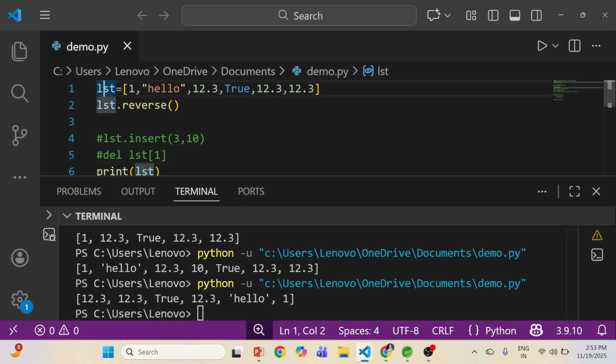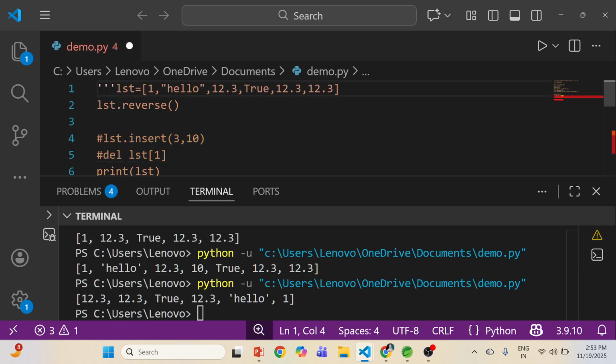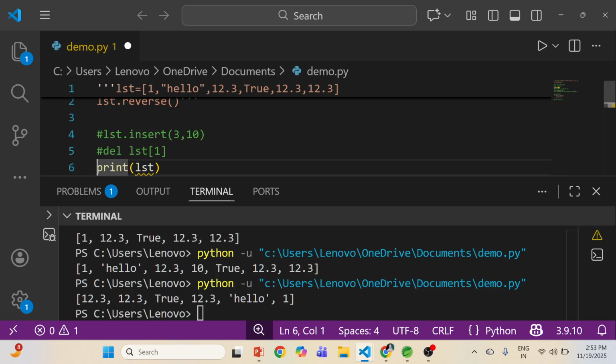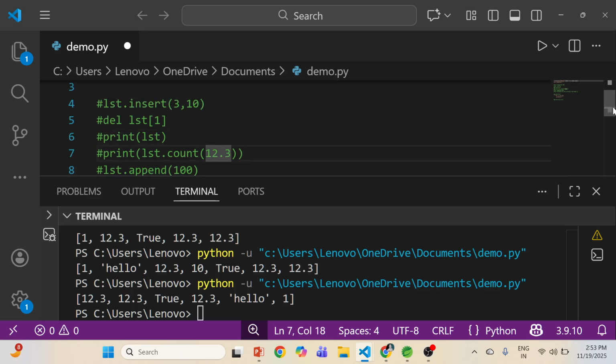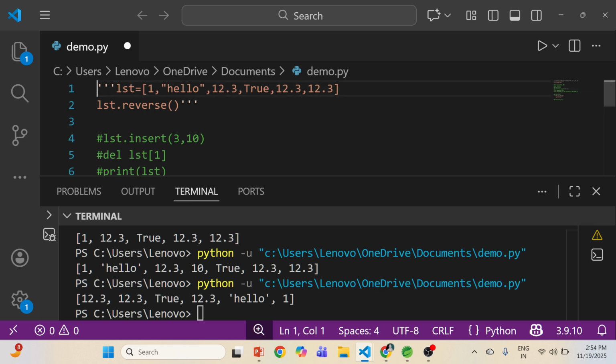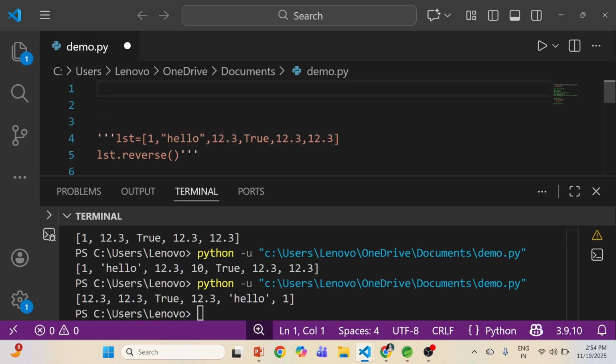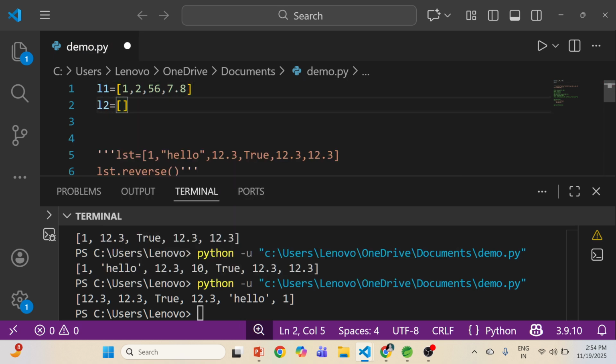Now in list there is one more concept, which is list operations. What operations can we perform in the list? First is concatenation. Suppose I want to join two lists together. I have first list here, L1. This is the list name L1. Then I have second list here.